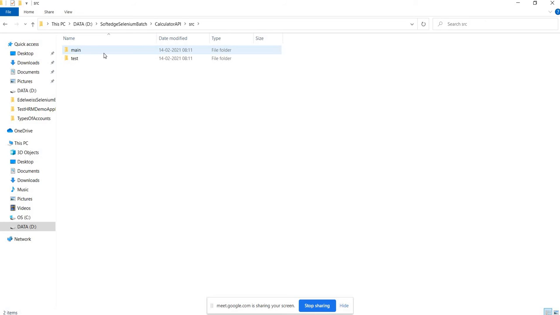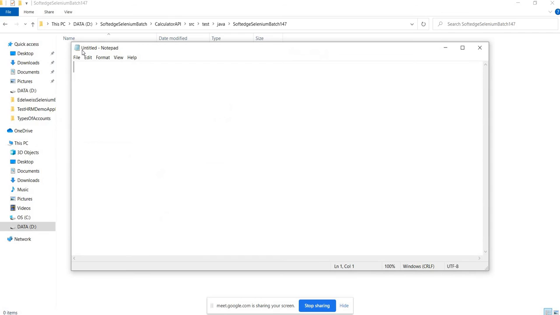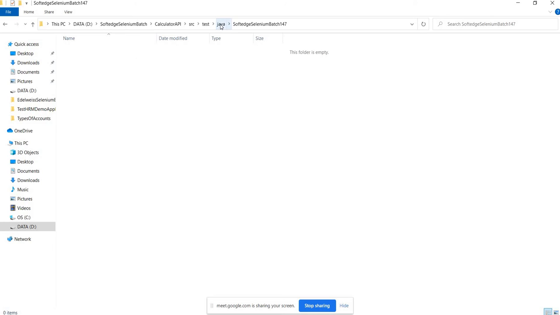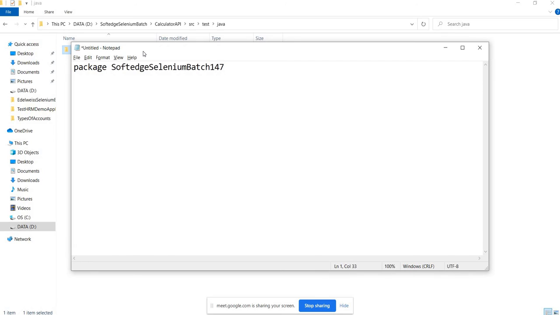Now I am done with the implementation of my addition API. Now I want to write some unit test cases as a developer. So in src test java, here I will write a few unit test cases. Now let's understand how to write them. Here I will again create a package, mentioning the group ID of our project, right? Just that the unit test cases reside in src test java and the application code resides in src main java. That is the difference. So let's create a class, public class TestCalculatorAPI.